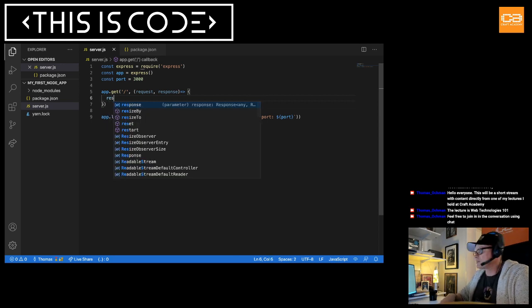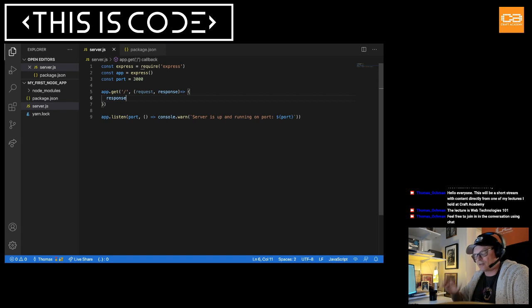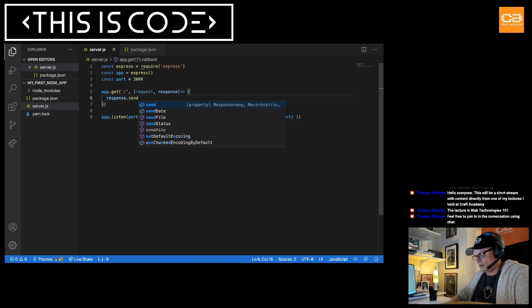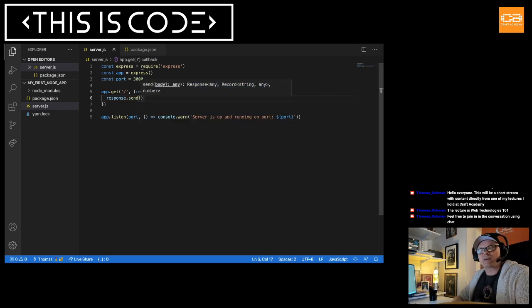I always mix it up in this demo, always. I've been running this demo several times, always make the same mistake. Not the request, but the response. We want the response to send something. So we just invoke the send function on this, and we wanted to send some basic